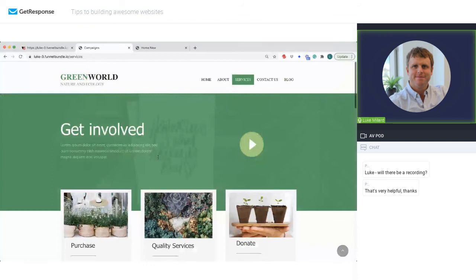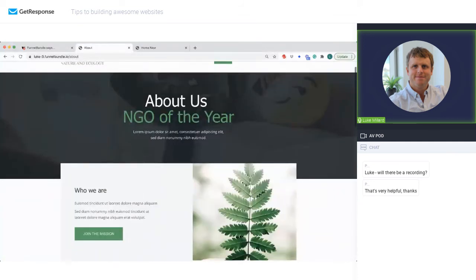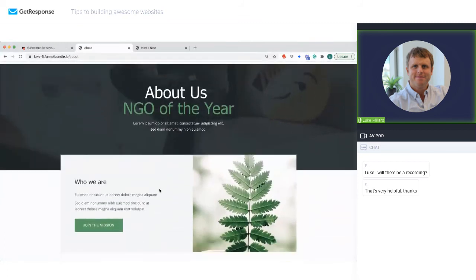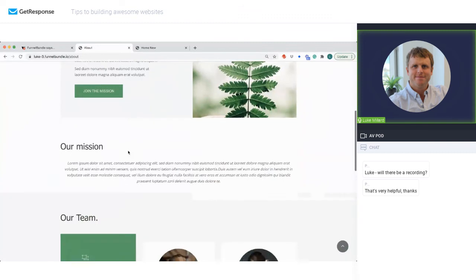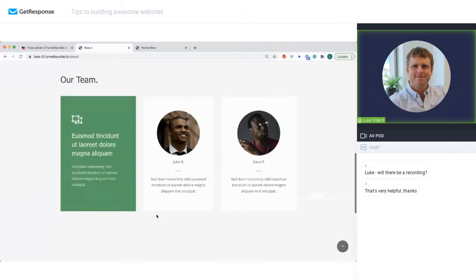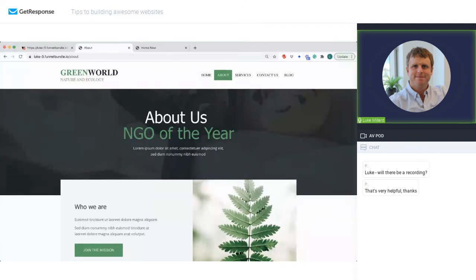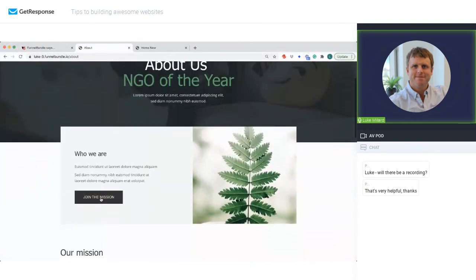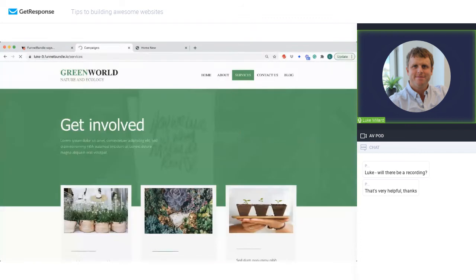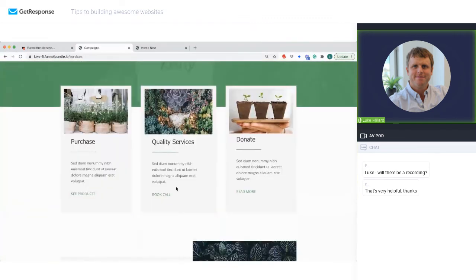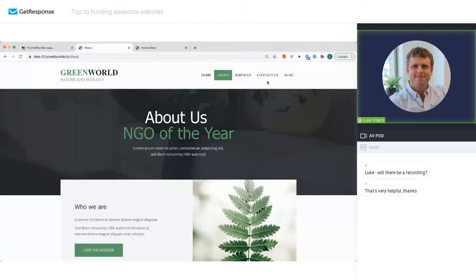I'll show you. So at the about page, again, like we talked about, we're going to have more about who it is we are. Maybe there's something that's really important. We can have our mission, we can have our team, and you can see how this is laid out so that the person can get this information really, really quickly. Now, maybe, again, we've got this call to action. They want to join the mission. This will take them to the services page where they can select their services. Maybe we want them to be able to just contact us or book a call with us, and then they can head across to the contact page